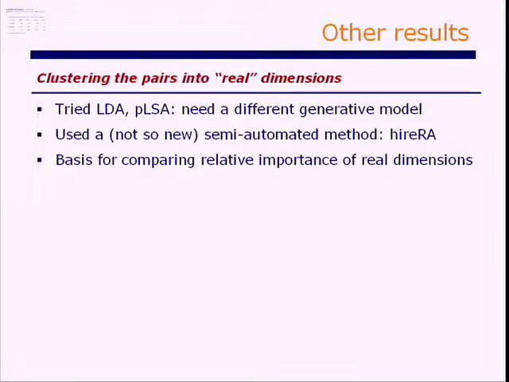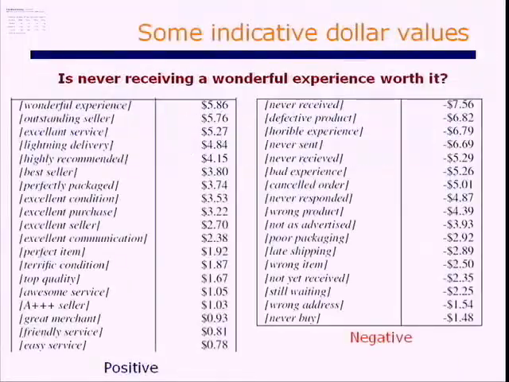Another comment. Is it on your previous slide? Is it possible that the error margins on some of the modifiers are higher than the others? You probably have much more data on "wonderful" than you have on A++. Actually, you'd be surprised how many people use A+++. Even more popular is A+++++. There seems to be something about those five pluses. I'm not taking a particular example, but it's possible you have more data on some than on the others. Yes, it is possible. But if you go back to,